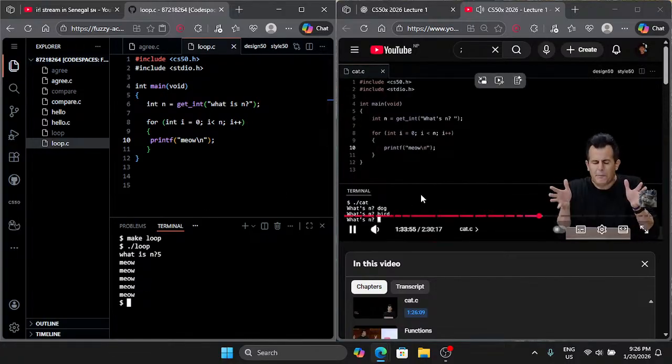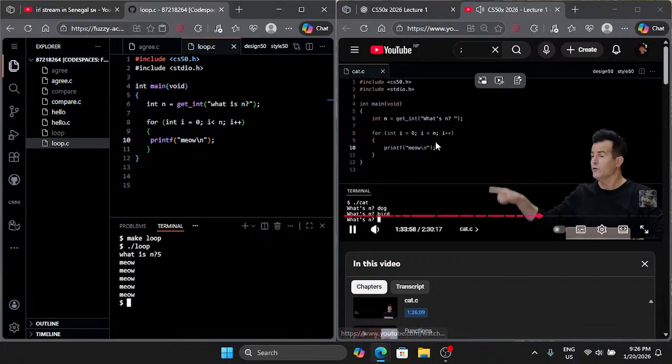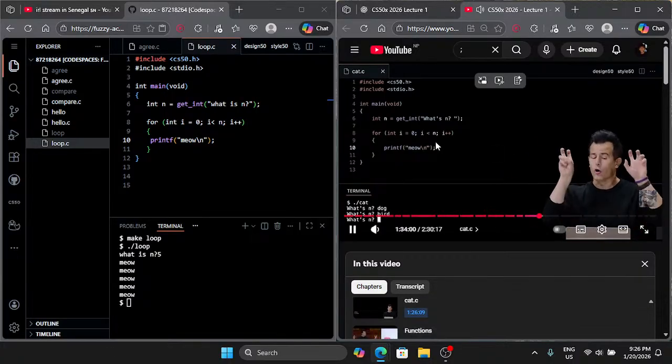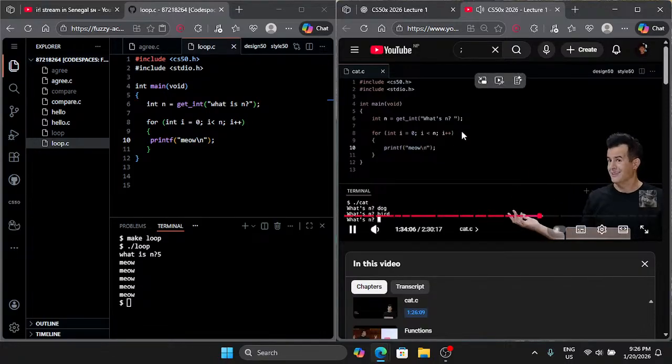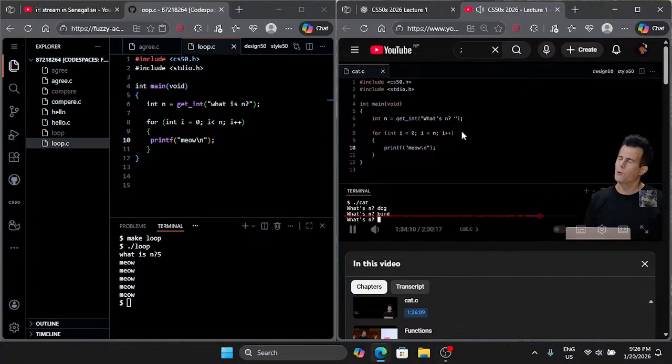I can try bird, and it's going to do this again. So somewhere in the implementation of getInt, there's a loop that we wrote that does this kind of error checking for you. But it doesn't do everything, because an integer is a fairly broad category of numbers. It's like -infinity through +infinity, and that's a lot of possibilities. But suppose